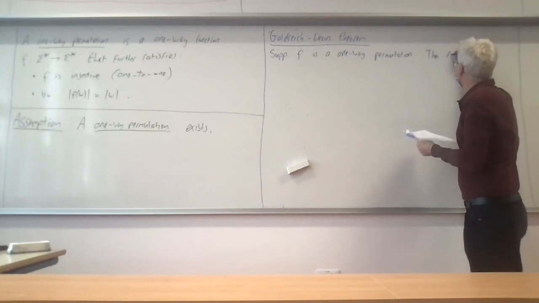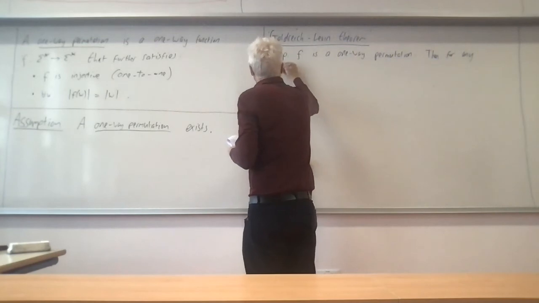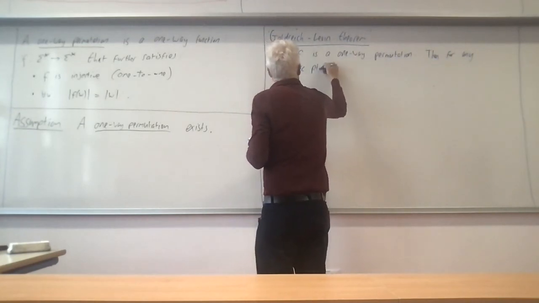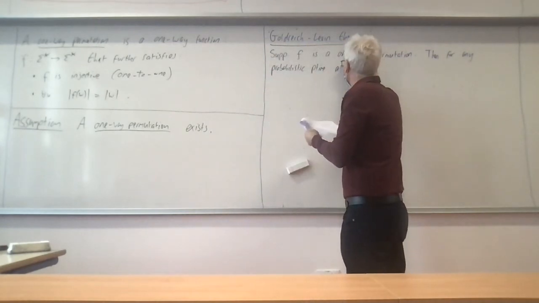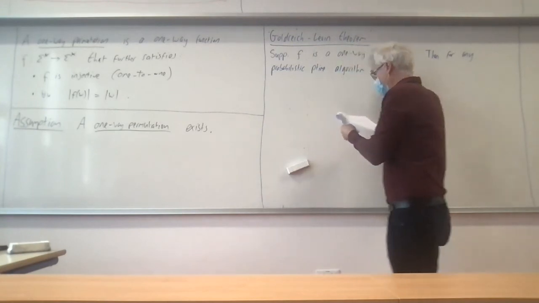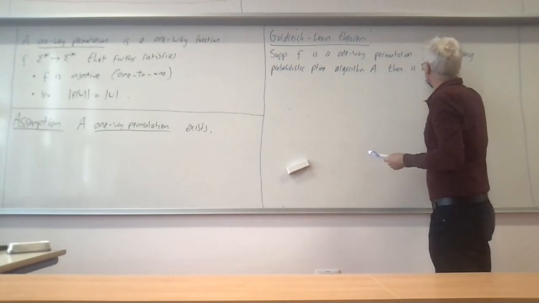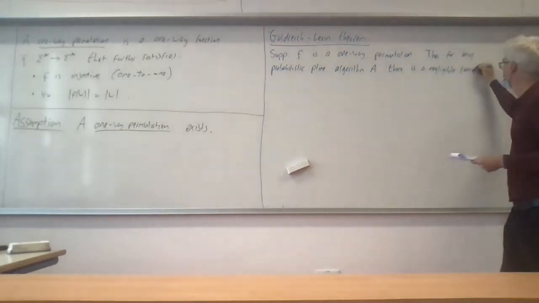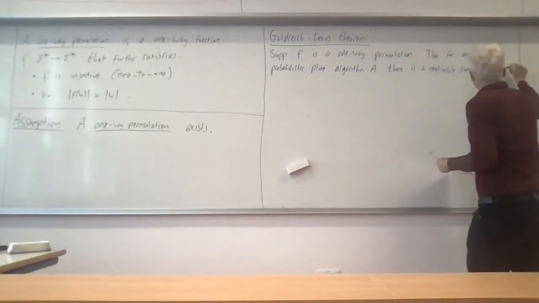Then for any probabilistic polynomial-time algorithm A, there is a negligible function epsilon such that